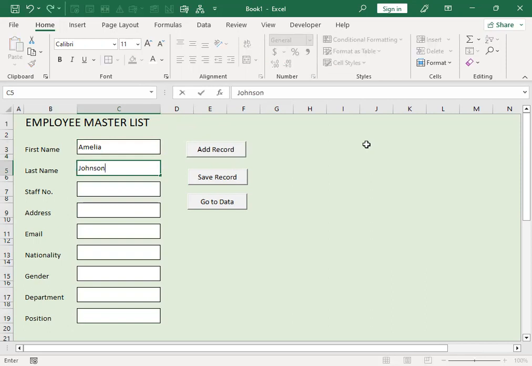We'll just put maybe around seven records so that we'll see how it looks in the data sheet. So stop number, we started with 100 and this one is 101. Address for Amelia Johnson is in New York. Email, we'll start with Amelia,